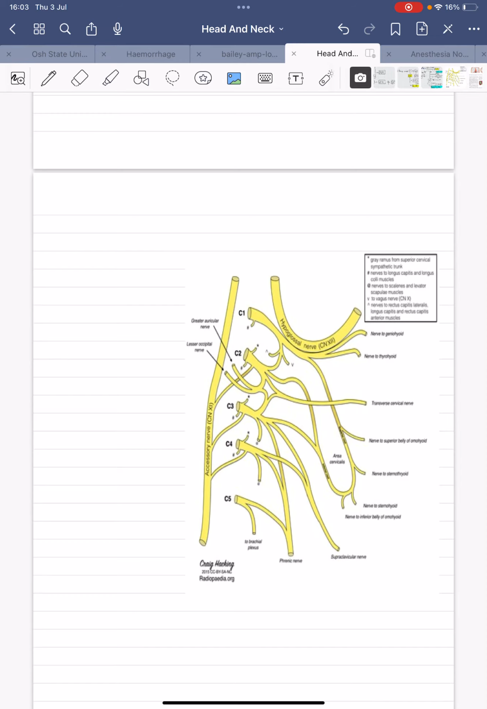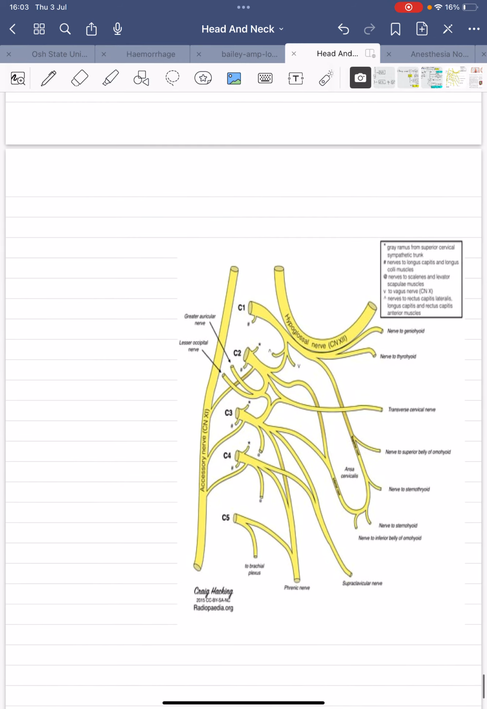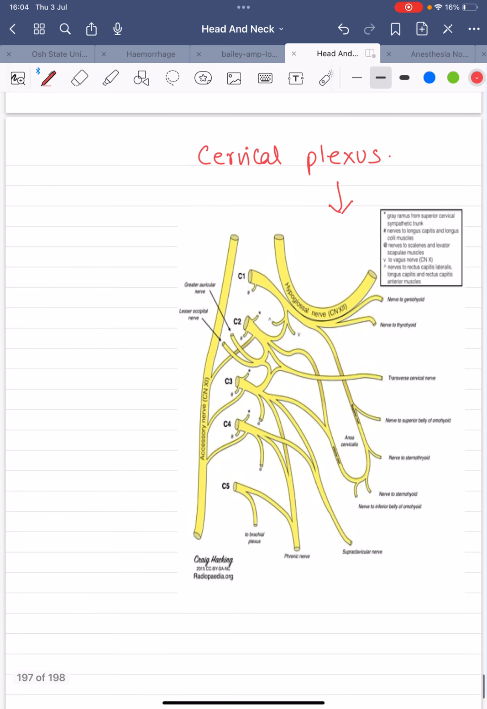Going to discuss a very important topic of the head and neck region, that is the cervical plexus. In this diagram, it's showing you the cervical plexus and its branches: the superficial branches, the deep branches, the communicating branches. We must understand what the cervical plexus is. First thing, please remember, the cervical plexus is formed by the